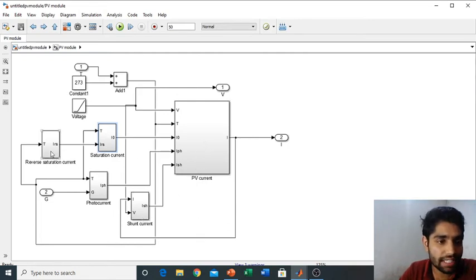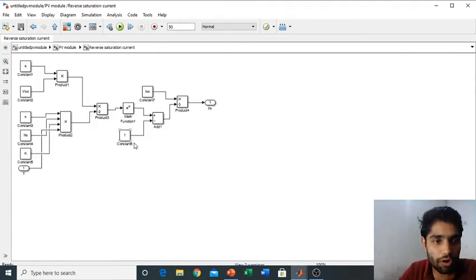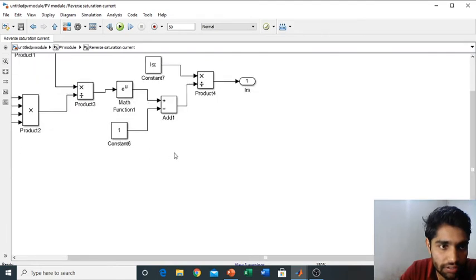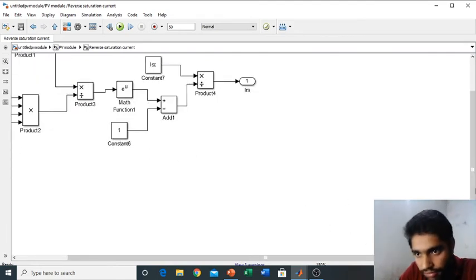So let's see the block of the reverse saturation current. This is the block of reverse saturation current. I'm going to zoom in. Yeah, it's becoming quite complex.